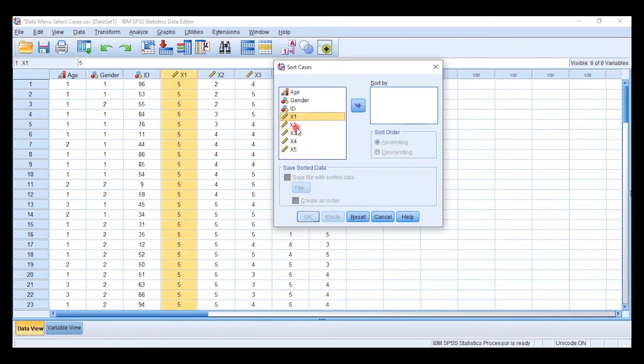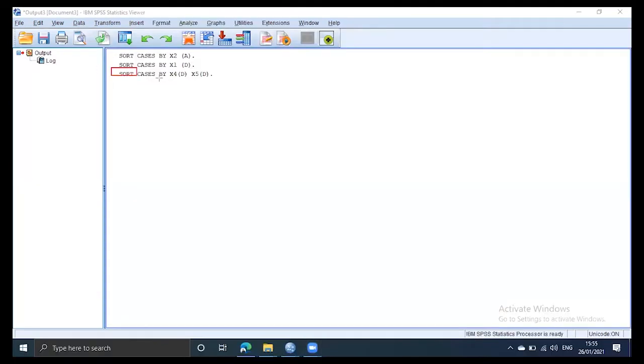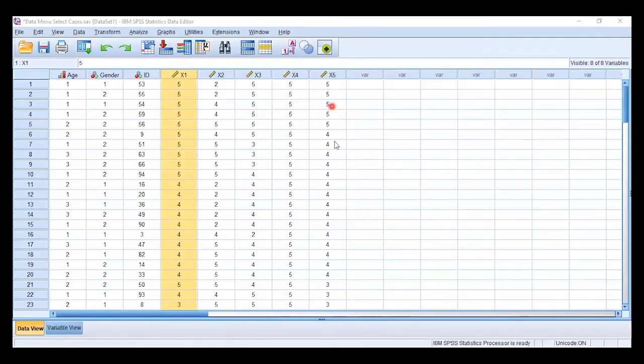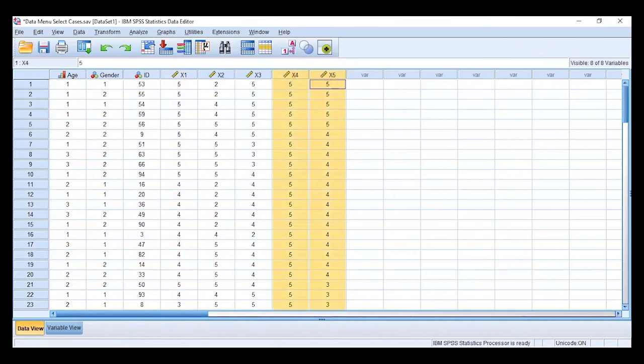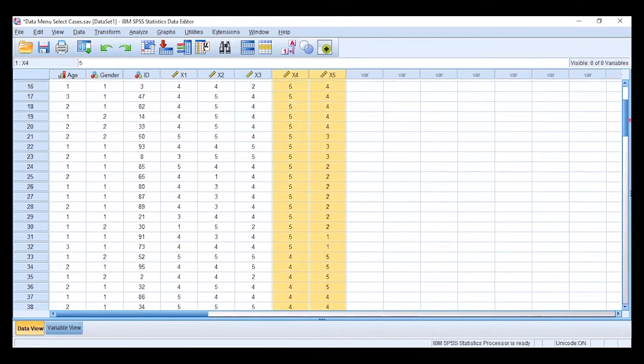Further, if you want to change, like, the 4 and 5, select those and bring them into this table, and then select ascending or descending. This time we are going to select descending and then press OK. When you press OK, in the message we get a confirmation that your command has been executed: sort cases by x4 and x5. Now this D shows descending order. So now these two columns have properly been shown in ascending or descending order.